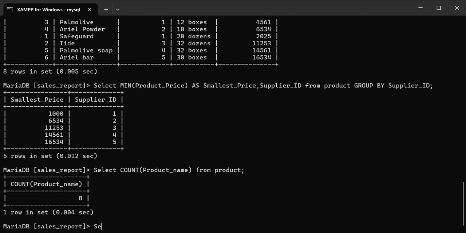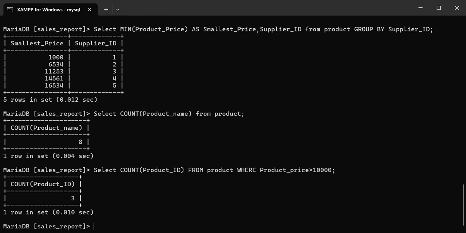So we are going to select and then count product ID from the product table where the product price is greater than 10,000.